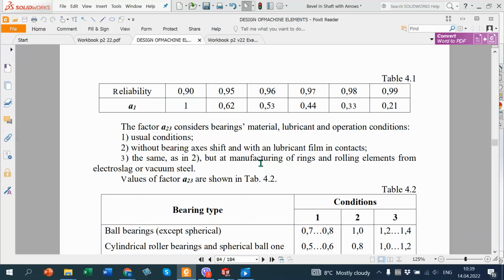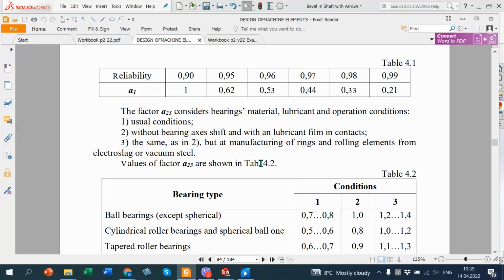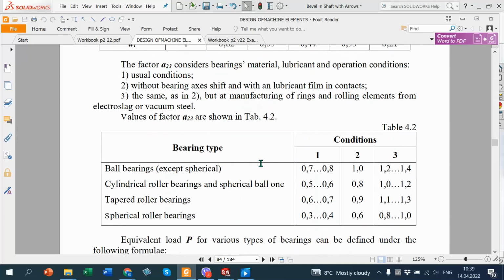In such case, the best conditions for bearings. So if we use ball bearings, selected like first approximation, and the usual condition, it should be